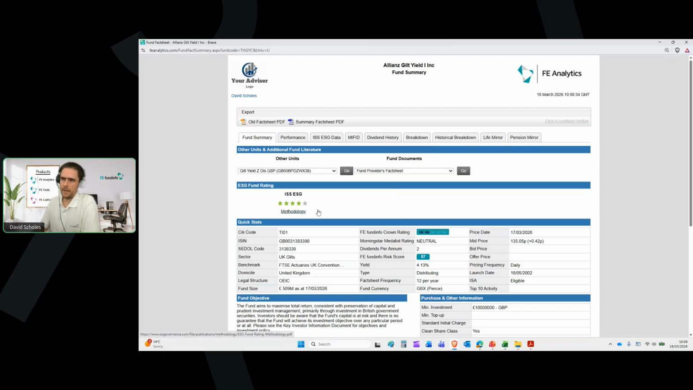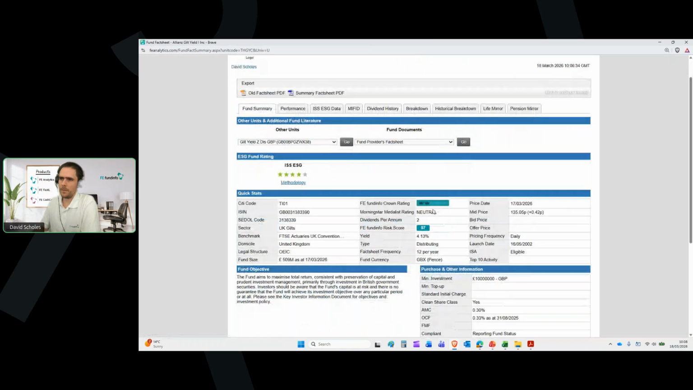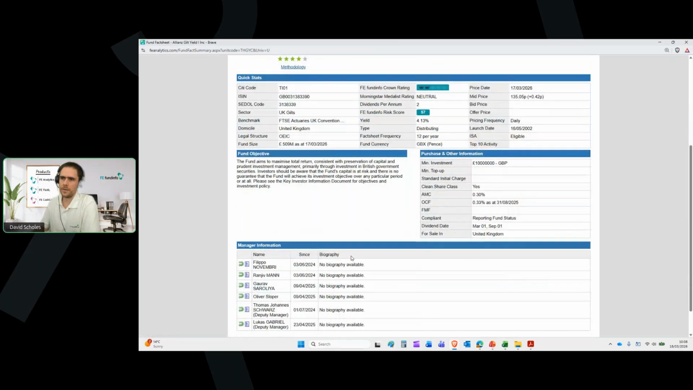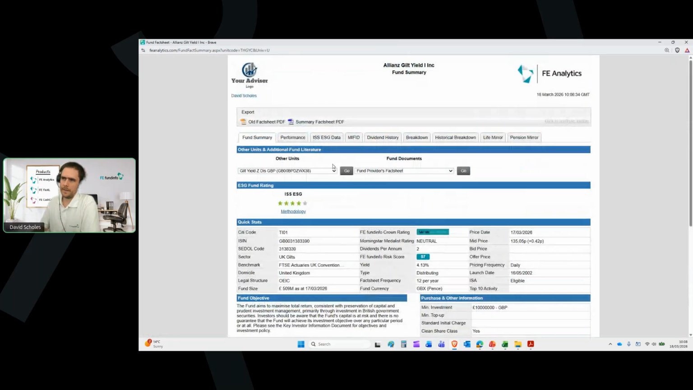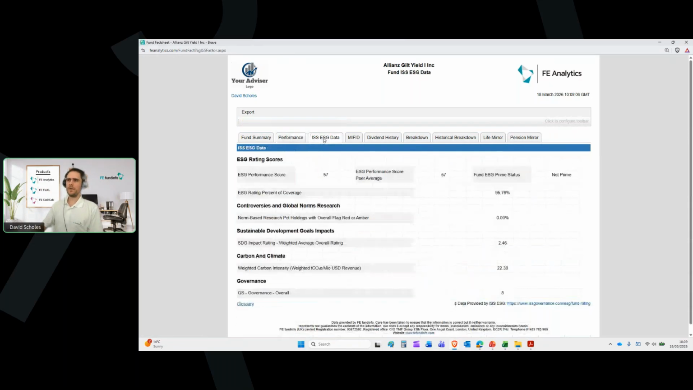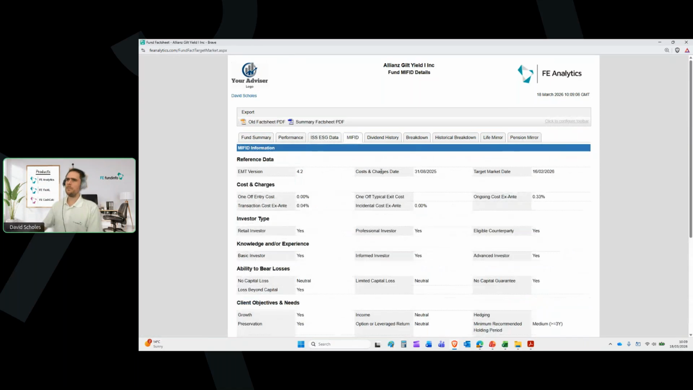much like this. I've got ESG ratings. I've got our FE Crown ratings as well, what sectors they're part of, the objective, the charges, the biographies of the fund managers, etc. The reports from the providers themselves, so the KIDs documents, the provider fact sheets, the annual and semi-annual reports. The performance tab, looking at the performance of that fund versus benchmark, with the quartile information, ESG data provided by ISS, and then MiFID costs and charges as well from the ET